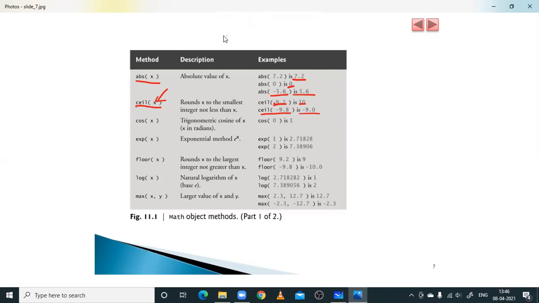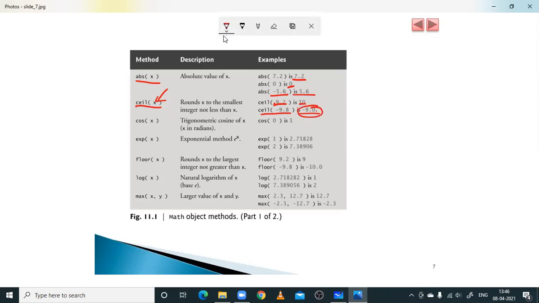If it is a positive number, it takes the higher value above 9 as the ceiling value. When it comes to the negative value 9.8, it takes the ceiling value below that one. It is also a higher value, because minus 9.8 is lesser than minus 9.0. So in terms of negative, this is a higher value.